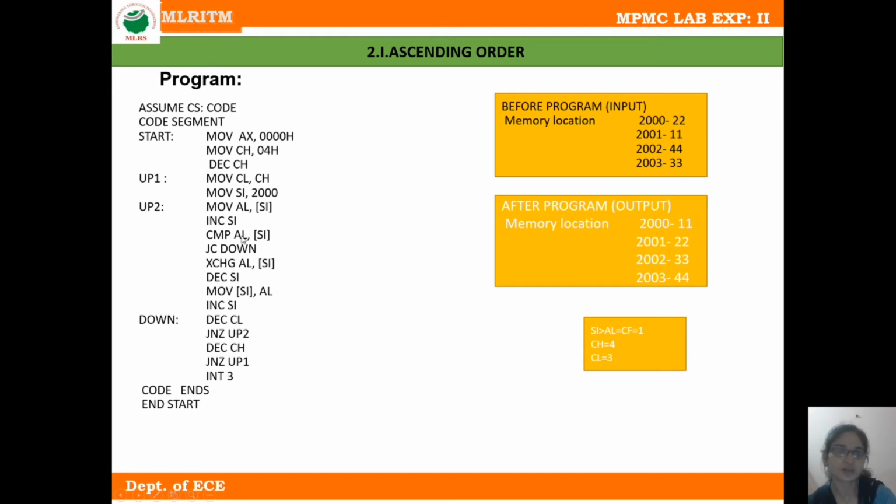So we already know that in this condition AL is greater than the content pointed by SI. So carry is not generated. So in this condition, the jump instruction is not followed and the processor comes to the next instruction, which is exchange